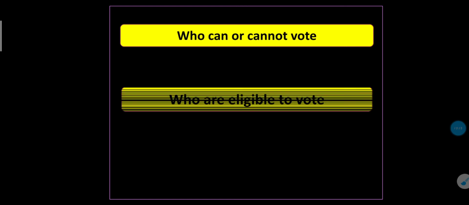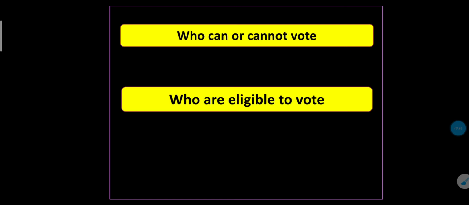Now a question may have come to your mind. We already completed electoral constituencies and reserved constituencies, where you got an idea that big areas are divided into many parts for conducting the election, and some areas are reserved for some communities. Now the question is who can cast a vote, who cannot, who is eligible and who is not eligible. We have to know this through the second step, that is the voter list.